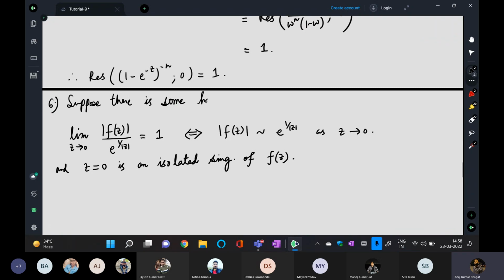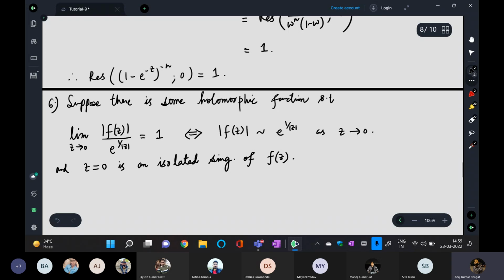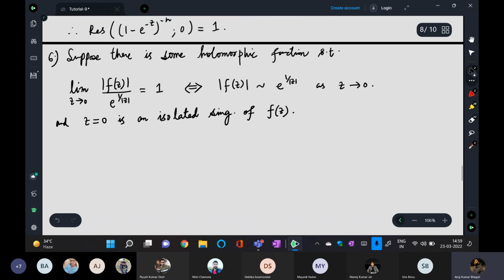Okay, holomorphic given hai. Yeah, holomorphic function, will show that this will lead to a contradiction. Suppose there is some holomorphic function such that this happens. मान के चलो ऐसा कुछ है, and